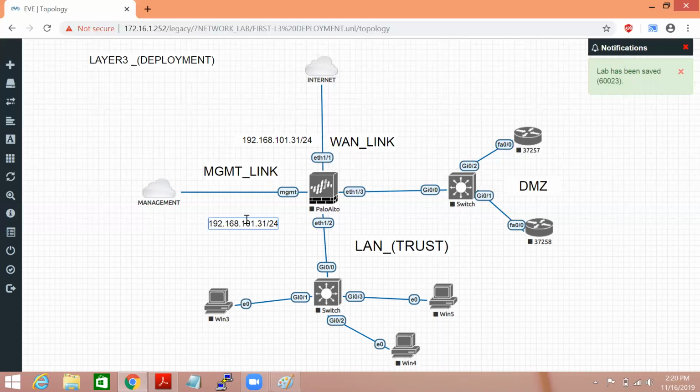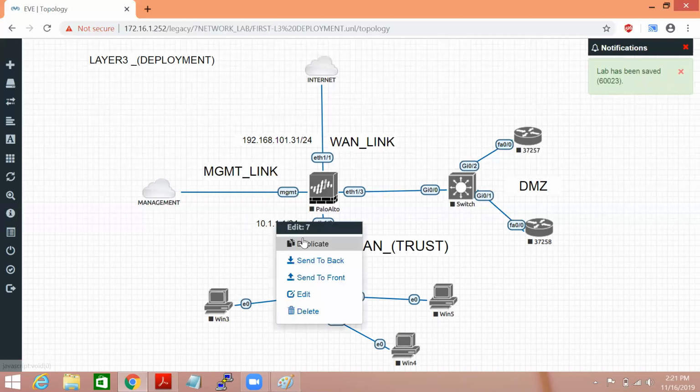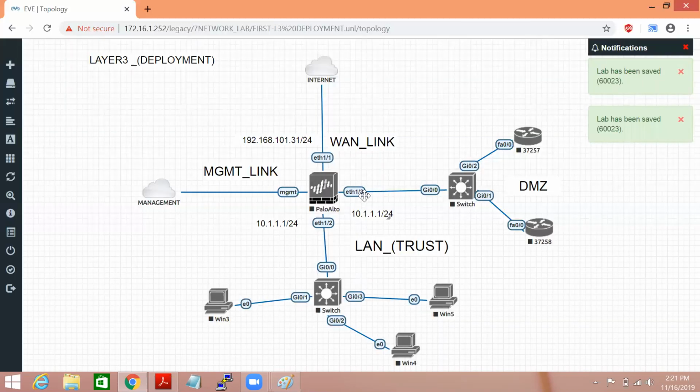The LAN link has IP address 10.1.1.1. And in DMZ, let's say I'm using the subnet 10.2.2.1 on Ethernet 2, and similarly we use IP addresses on these machines.